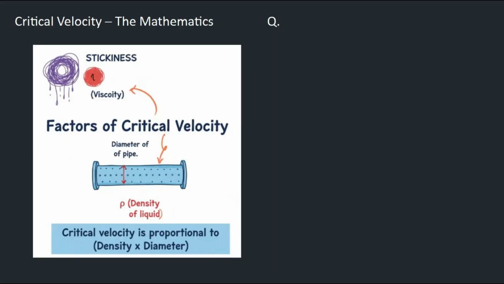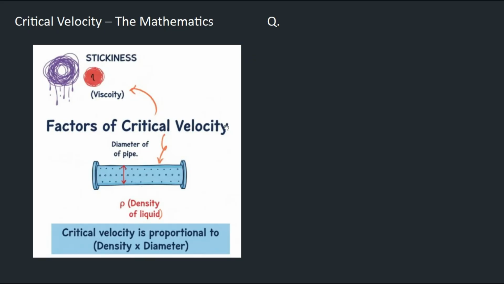And now we're looking at the math. So exactly what is it dependent on? We are taking up a very particular scenario. We have fluid through a pipe, basically. Again, there are a lot of different scenarios, infinite possibilities. We're just taking up the starting point, the simplest point, which is picking up a pipe and making the fluid flow. So now, factors that